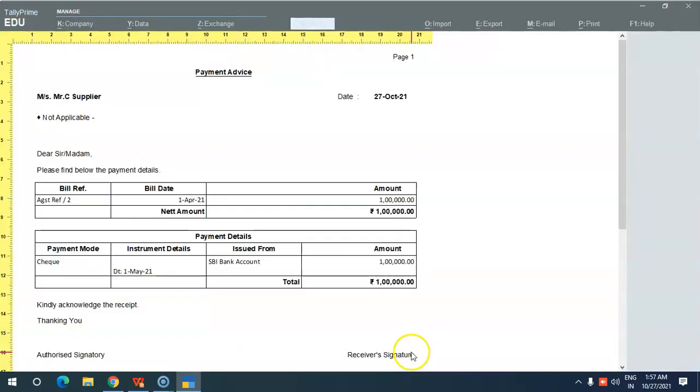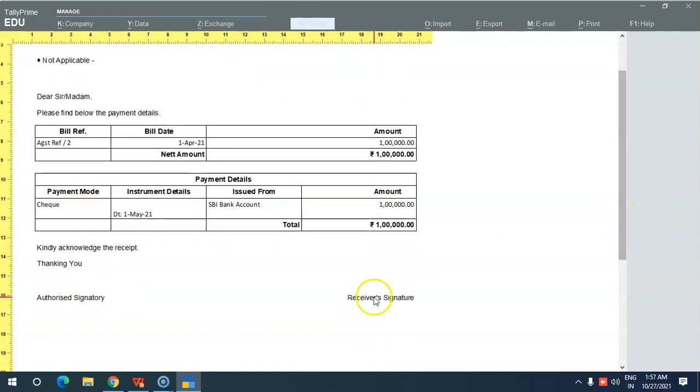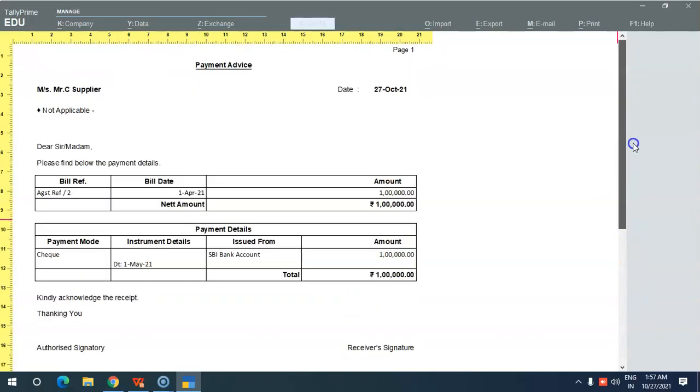So this is the payment advice. Here you can see to whom you are making the payment, against which bill, what is the bill date, what is the amount, and the payment details related to check details, through which bank you are making the payment. Here you will be having the receiver sign and authorized signatory. So all the details have come over here.